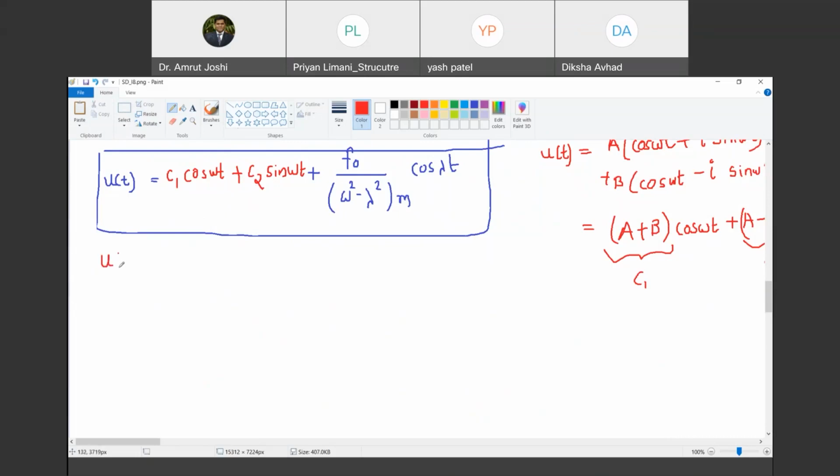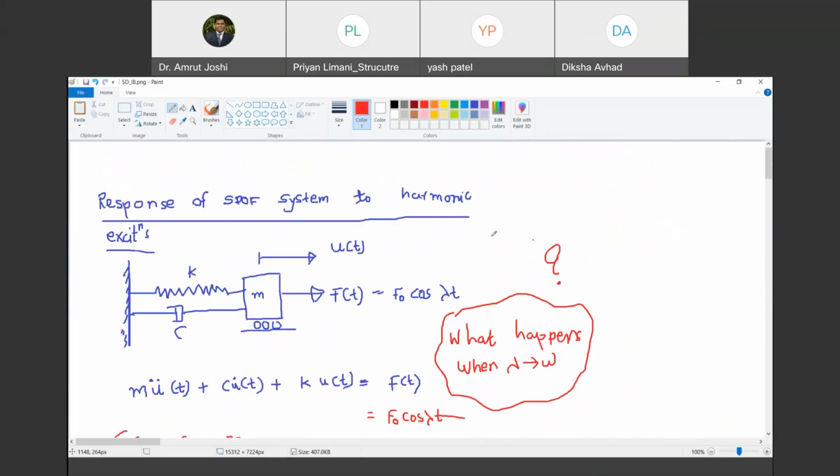So what is the first boundary condition? U of 0 is 0 because I am saying that this is a system which starts from mean position and rest. तो इसका मतलब क्या है? What is the meaning of this? U of 0 is 0 and U dot of 0 is also 0. The system starts from rest and from its mean position and it is driven by harmonic excitation. So अगर दोनों 0 है तो system respond किसको करेगी? It is going to respond to this harmonic excitation.